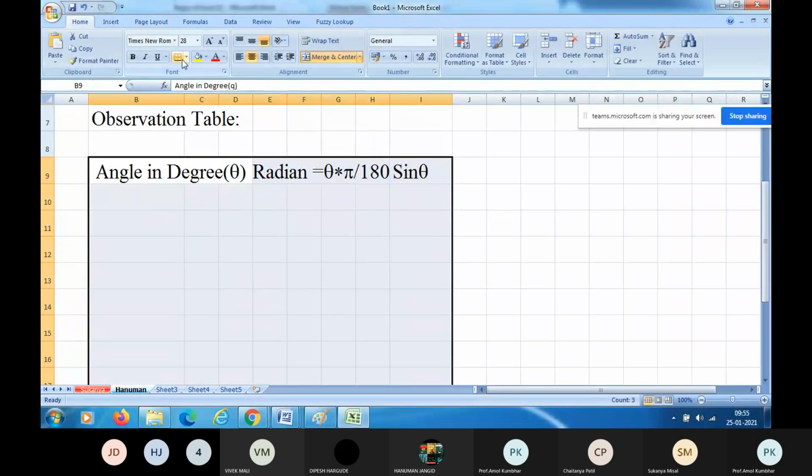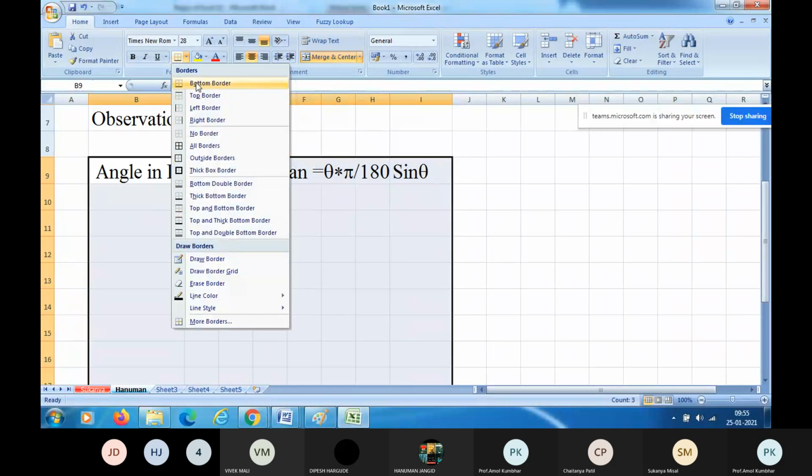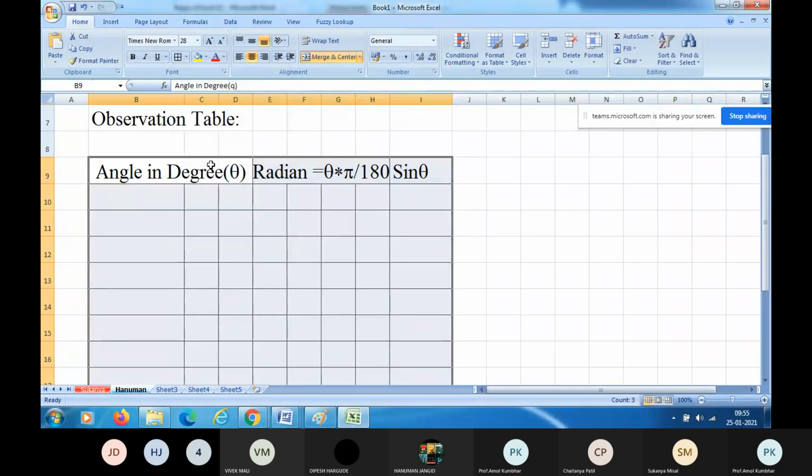Here you can see this is a bottom border option. Click on this down arrow, you will have different borders. Select all borders. So once I click on all borders, left click of the mouse, you will have borders.